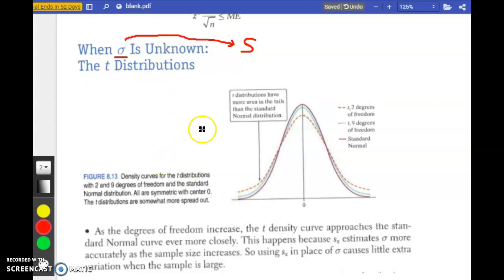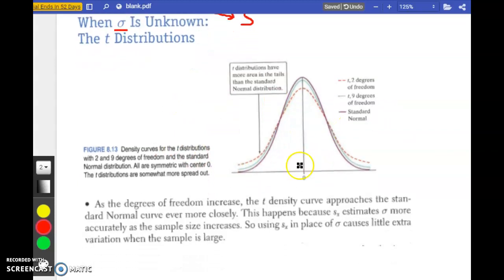We talked about it last semester, and the t-distribution looks very similar to a normal distribution. If you look at this picture, straight from your textbook, the purple curve is a standard normal distribution. The red dashed curve and the blue curve look very similar to it in shape, meaning they're both symmetric and both centered at 0. They both are mounded in the middle, and the area in the tails is less. But notice the area in the tails is a little bit more for these t-distributions than it is for a normal. And really, as the degrees of freedom increase,